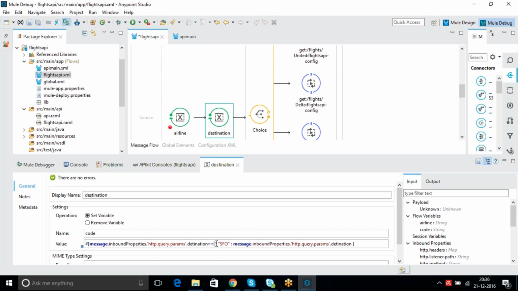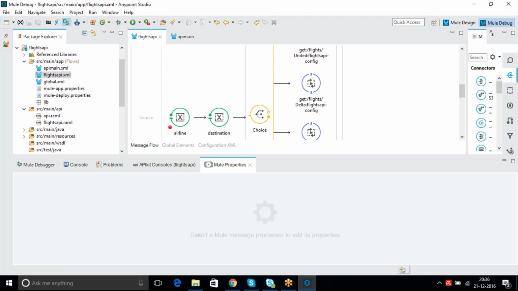So I think instead of this, we'll use the empty keyword. Okay, the destination equal to empty, question mark, SFO. I think let's keep it in single quotes. Yep. Otherwise, this value. Okay, let's try.